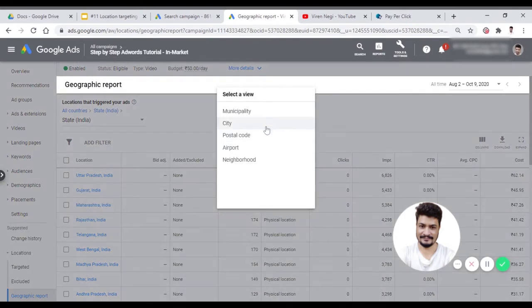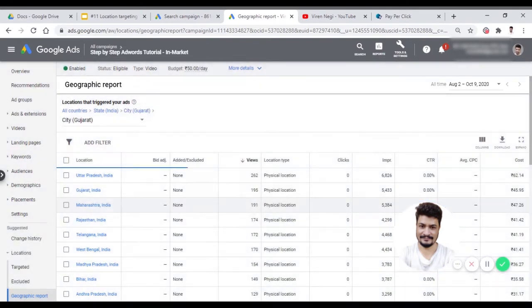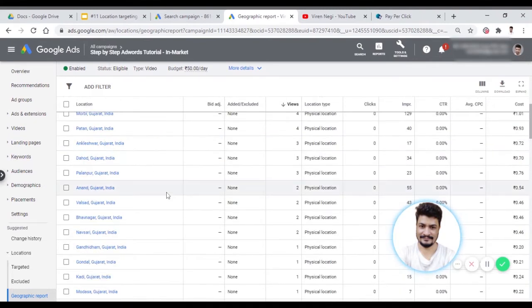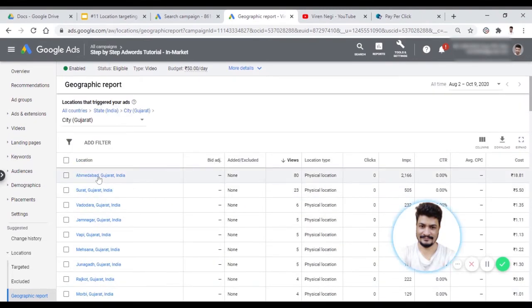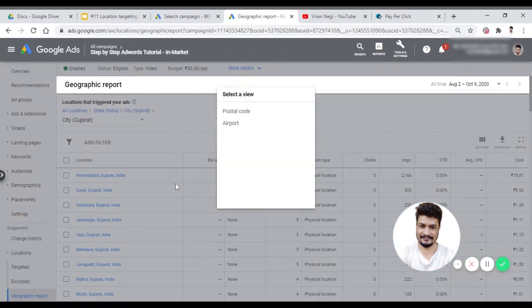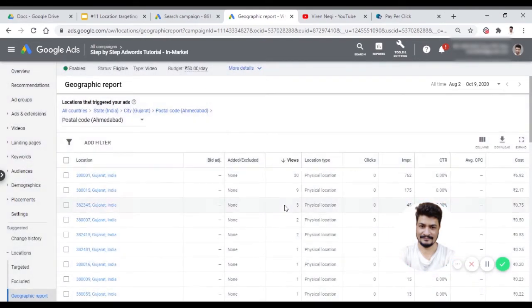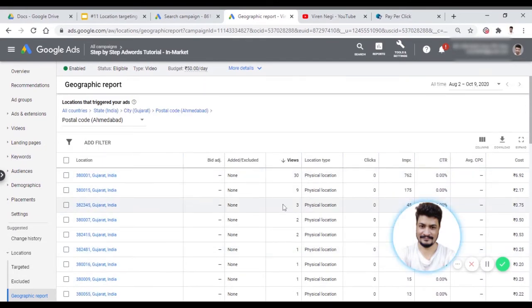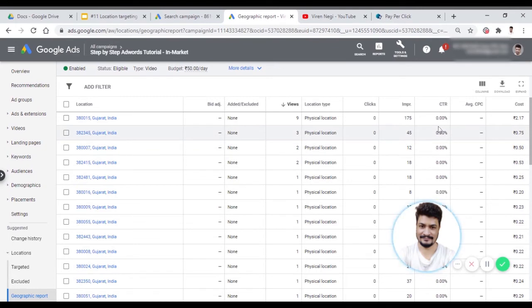Let me click on Gujarat. Again on Gujarat, which cities my ad has been shown in. Let me open this a little bit. So in Gujarat, these are the cities where my ad has been displayed. Now let me go further down. Just click on that. You can further see the report pin code wise. I mean, this is how cool it is, it's very powerful. So you can see your ad report by pin code, and analyze your data pin code wise from where you are getting clicks, impressions, or conversions.